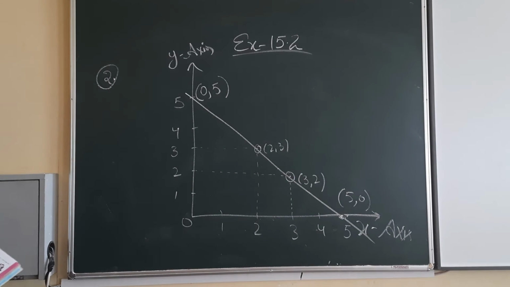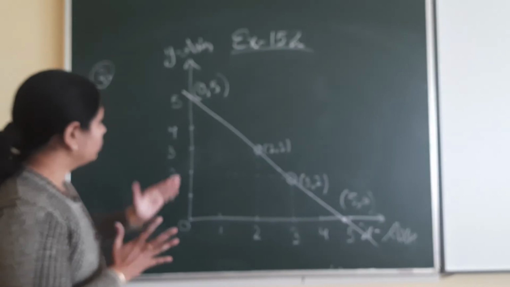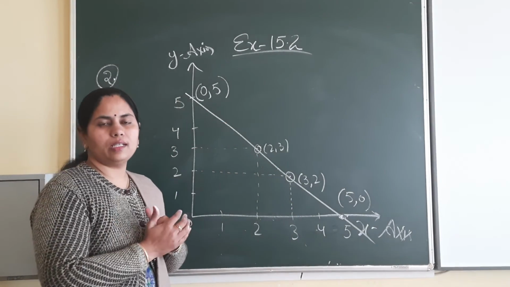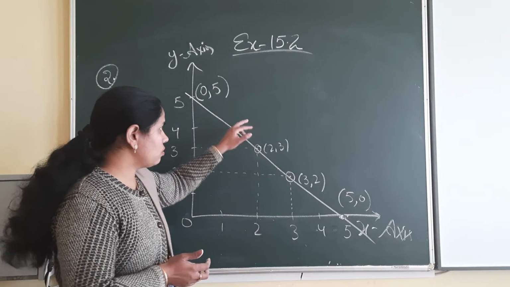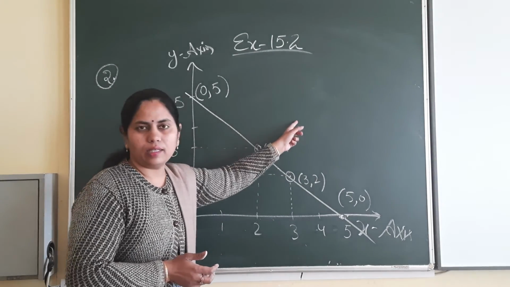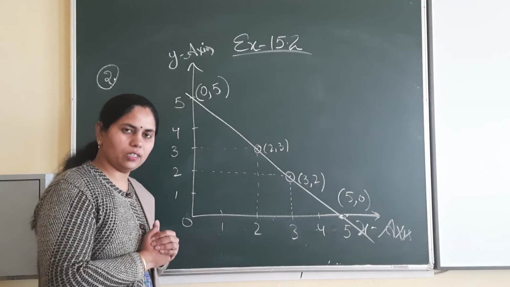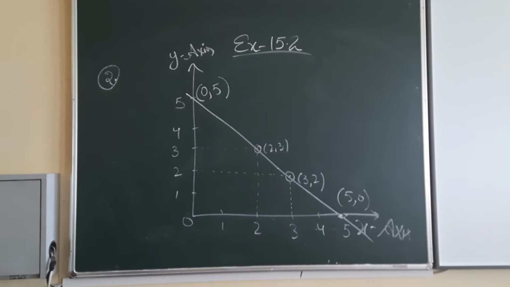Now question number 4 is for you. Thank you children, and exercise 15.3 you will do on your own because in this exercise you have to draw some graphs. You already know how to draw a graph. If you are getting a straight line, then the meaning of that is a linear graph. If the line is not straight, in that case the graph will not be linear. So do and observe your graph and write your answer accordingly.